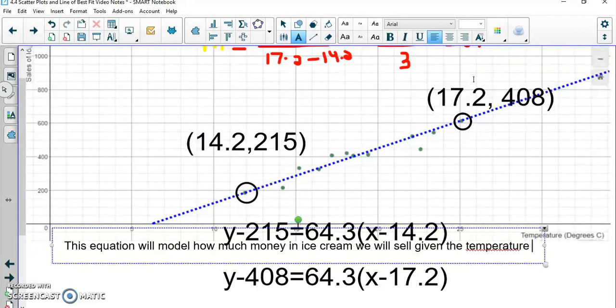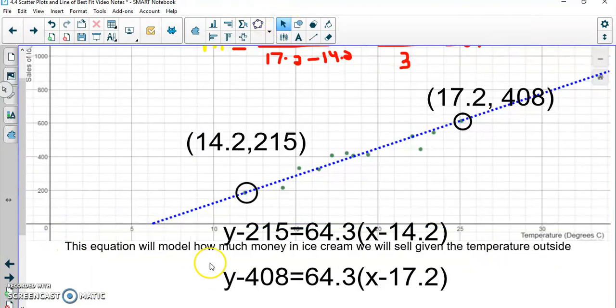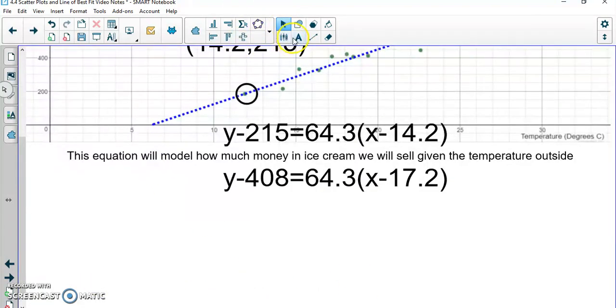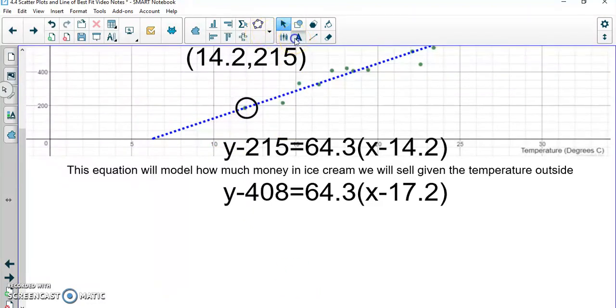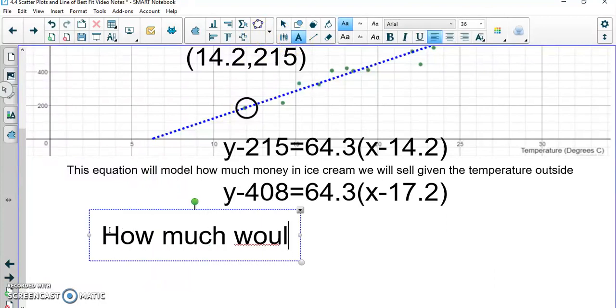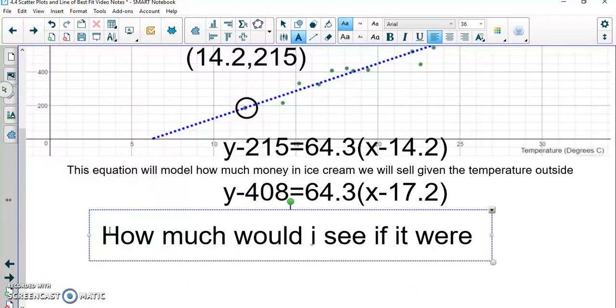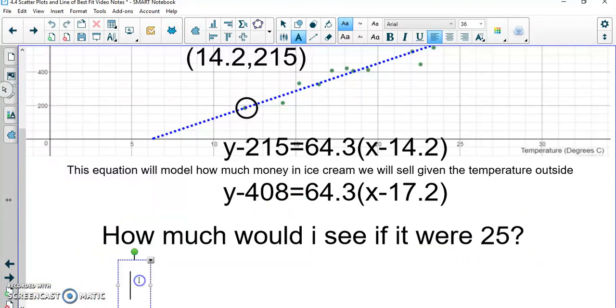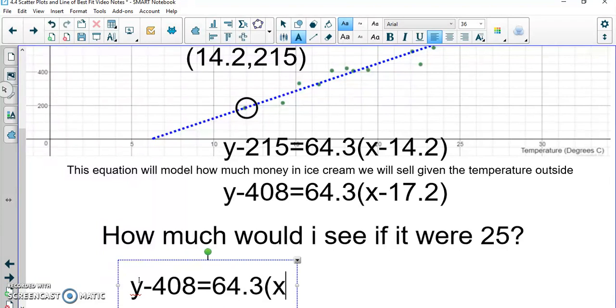given the temperature outside. It wouldn't really matter which one we use, but as an example, I could ask myself, okay, I don't have any data for a day that's exactly 25 degrees Celsius, but maybe there's a heat wave coming, and how much would I sell if it were 25 degrees out? Well, I could simply just plug that into my equation. I didn't have that data to begin with, but once I plug it into the equation, although I don't have the data, I can make a really good guess. So if I put this through my calculator, which I encourage you to do, and then get y alone, it tells me I should make about